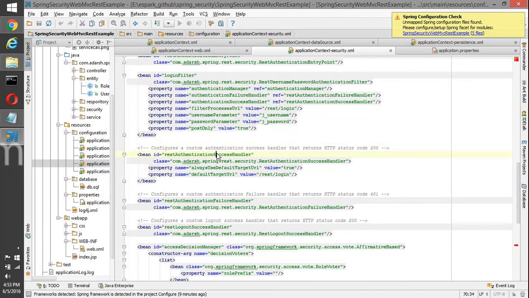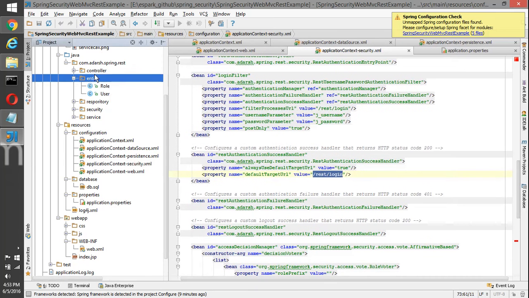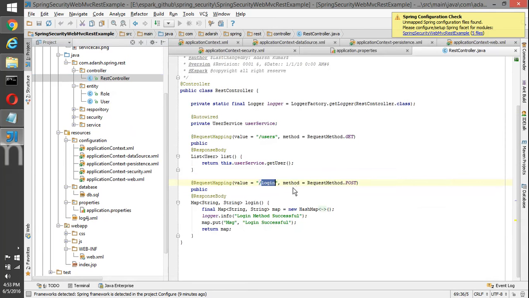And then we have a REST authentication success handler, where we are saying that the default target URL will be this URL. This URL is bound to some controller which is going to send some messages. So here you can see that the message will be login successful and so on.